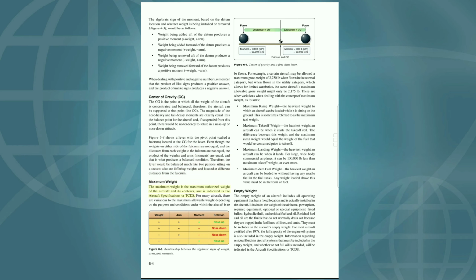Maximum weight. The maximum weight is the maximum authorized weight of the aircraft and its contents, and is indicated in the aircraft specifications or TCDS. For many aircraft, there are variations to the maximum allowable weight depending on the purpose and conditions under which the aircraft is to